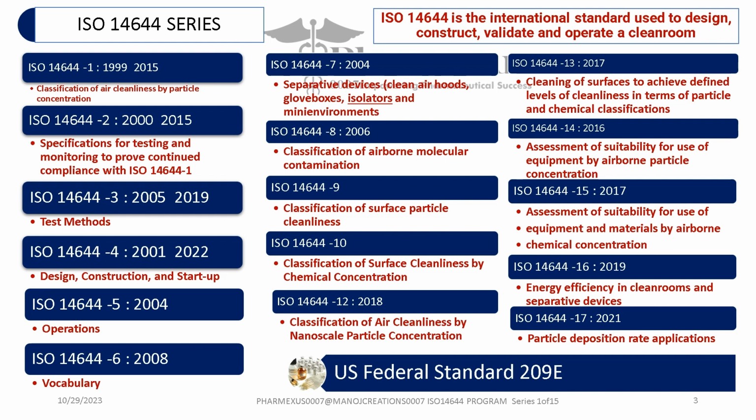ISO 14644 module number 5, which originated in 2004, basically details the operation level required for different criteria, assessment and observations. ISO 14644 module number 6, from 2008, gives the total vocabulary of all the details under this ISO 14644 series. ISO 14644 module number 7 from 2004 gives a detailing on the separative devices, clean air hoods, glove boxes, isolators and mini environments. These topics will be dealt with in the subsequent slides so that we cover the details of this ISO 14644-7